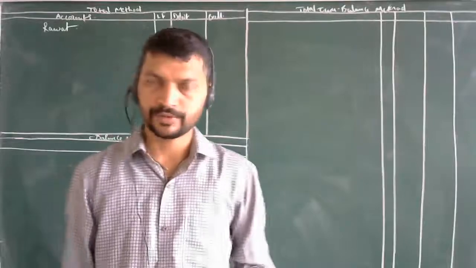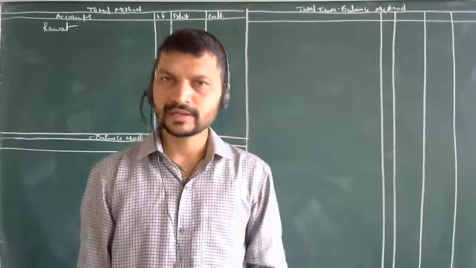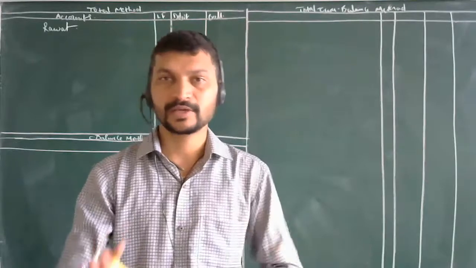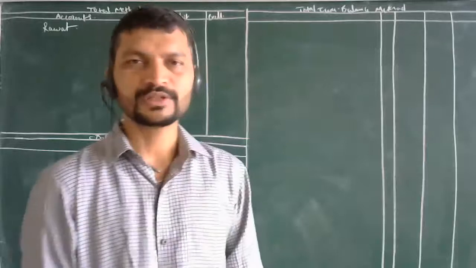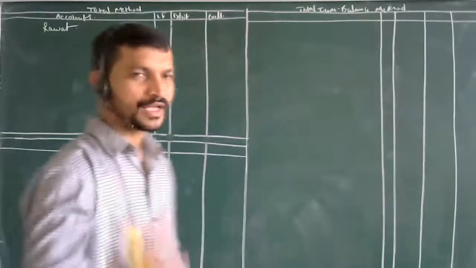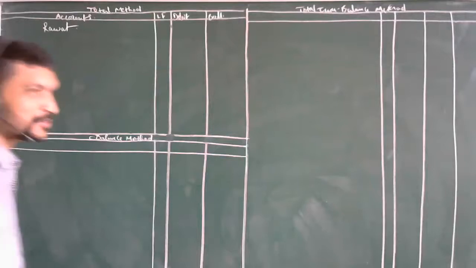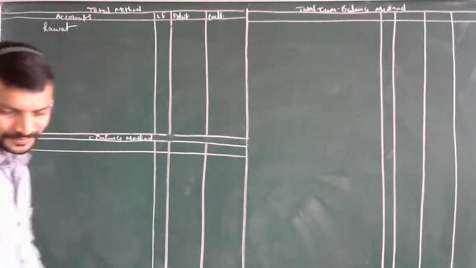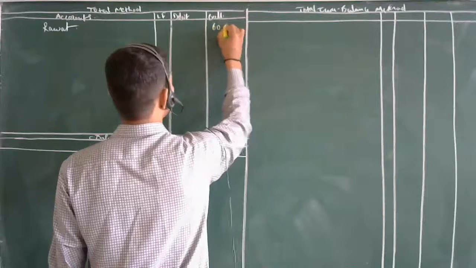Credit side. When there is a capital entry, when you are bringing in the capital, it will be in cash or bank. When you get the capital in, the cash will be debited, then the capital will be credited. If you remember these things, all the things will be done easily. As I had given you the rules we require, the 5 points, everyone has written them, I think. So this will be the 60,000.